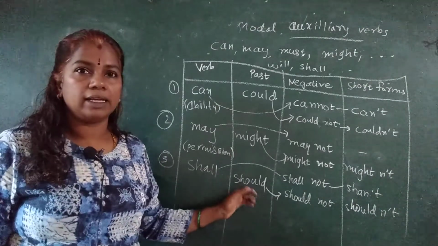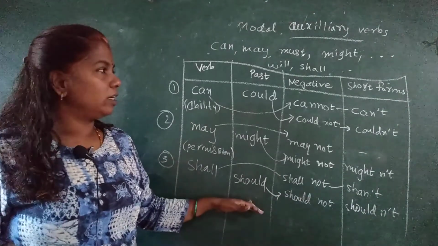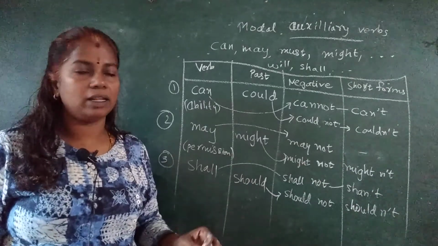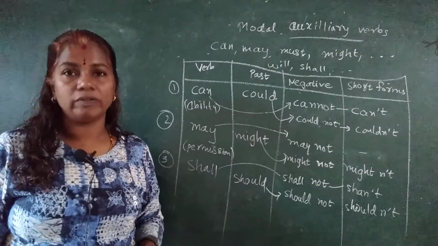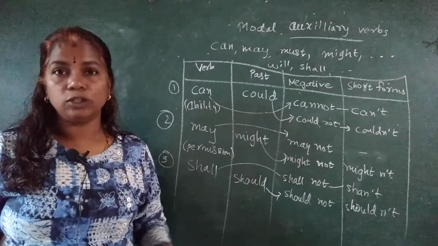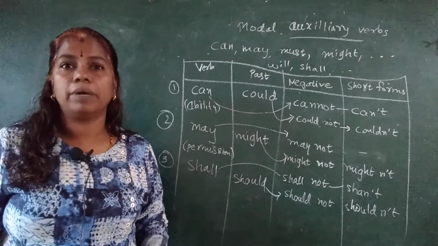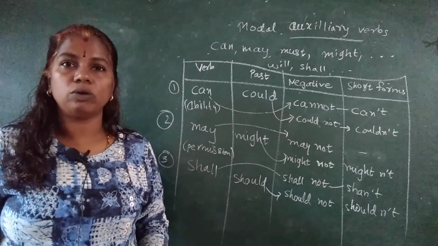Got it? And this is necessary for changing the tense of the sentence. So here I have tried to explain all the forms in a simpler manner. I hope you understood. If you have understood, well and good. Even then, you revise it. When we explain, you feel it is very simple. But unless you practice, you may forget it. Okay. So, you have to